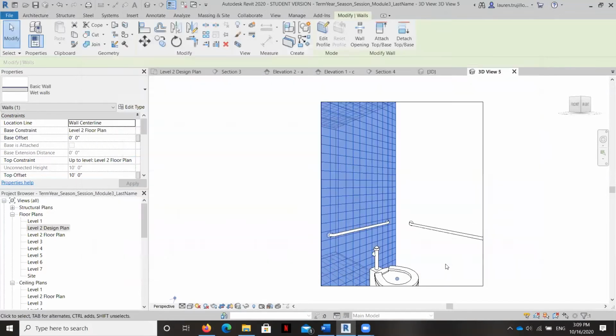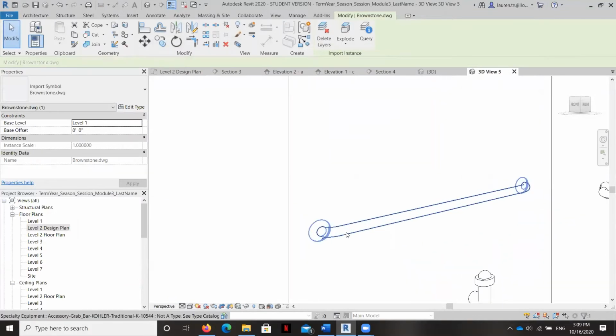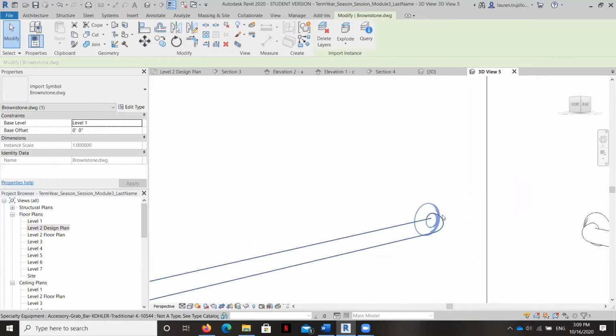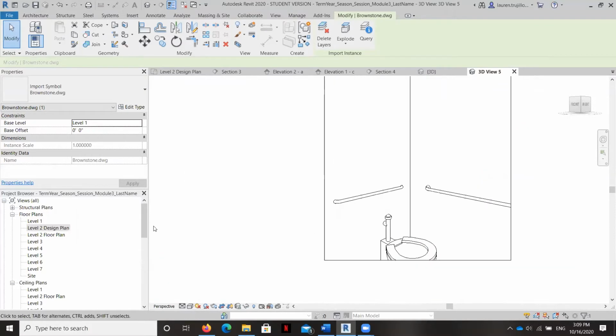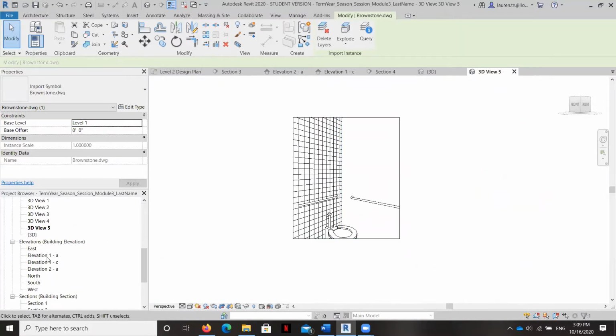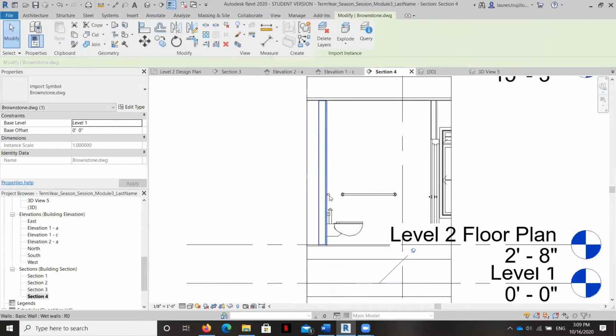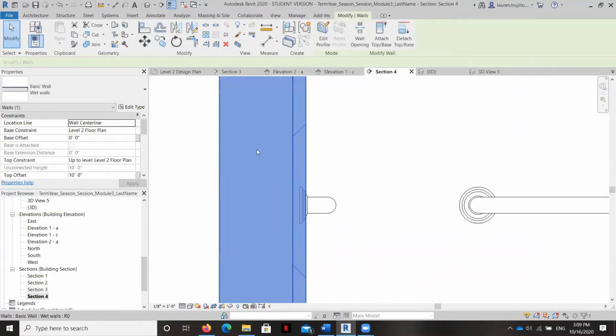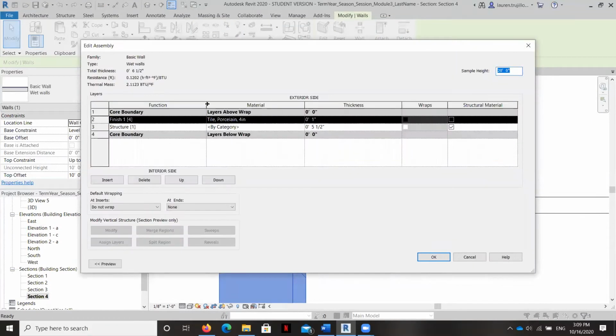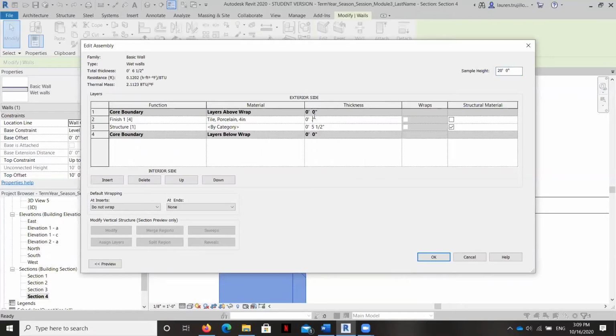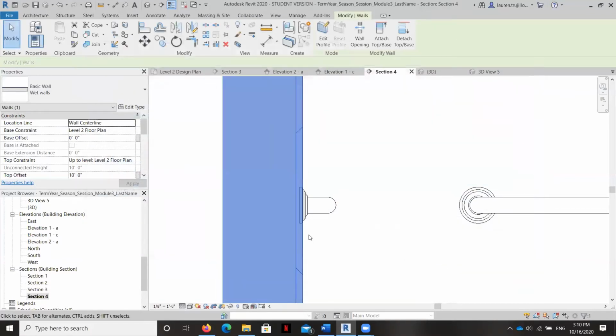And in doing so, it should pop that backwards just a little bit so we can see it a little bit better. We can see a little bit more escutcheon plate. Let's take a look at the section view and adjust it. Okay, it's going back a little bit thinner.